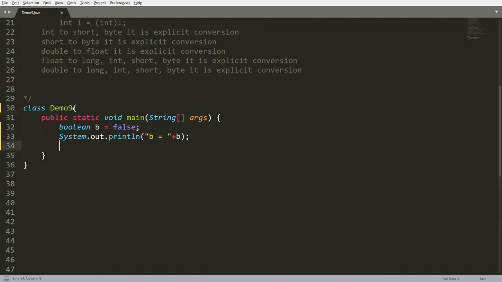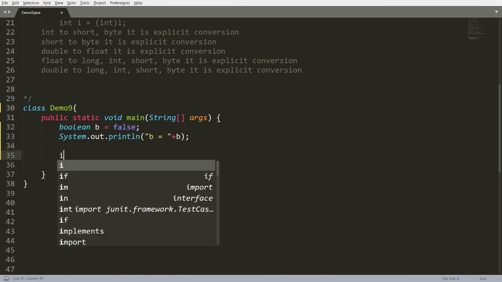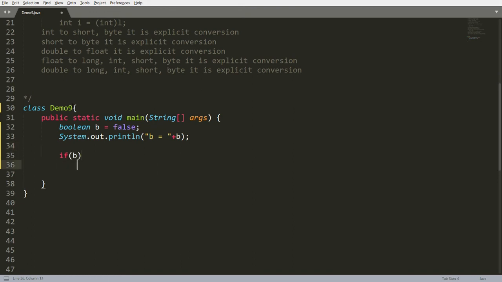Now I'm writing here: if b, then print the message "b is true", else System.out.println "b is false", right?